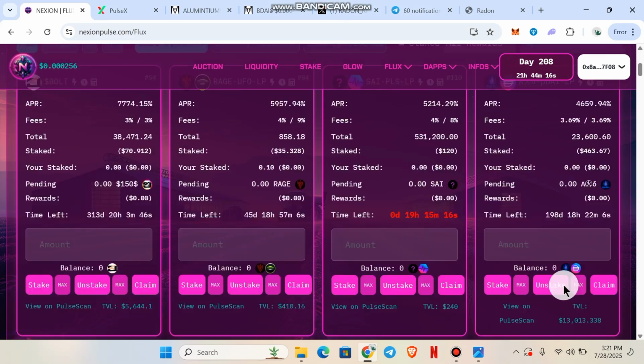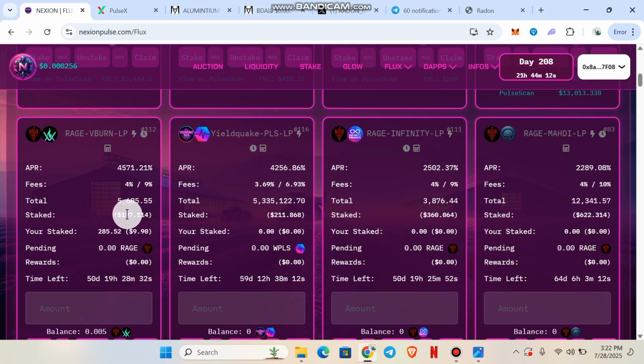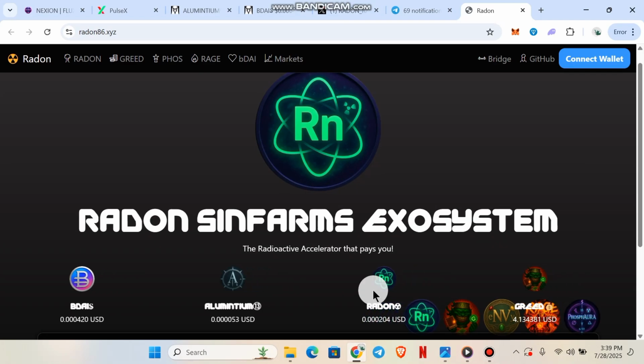So as you can see now, where's VBurn? Oh yeah, so you see now I've got $9.9 in there, paying 4,571% APR. So I'm going to be giving you a rundown after 2 days, 3 days, just to show you how much I've earned from this pool. And the next thing I'm going to talk about that I didn't talk about today was